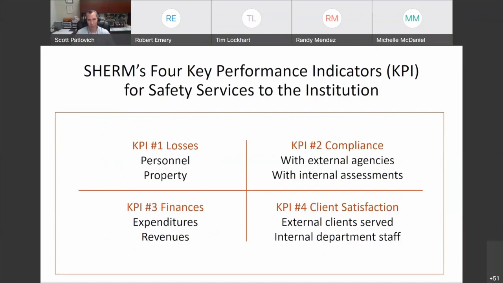You'll recognize these 4 KPIs. These are what we hang our hat on for our inputs, activities, and ultimately these KPI outcomes that we communicate. And the next set of slides go over each one of these and what it means to us. And again, remember that playing it forward, we talk about what this means in the next fiscal year going forward.